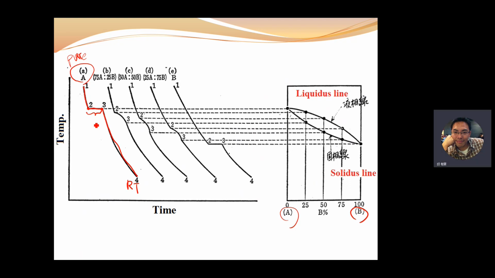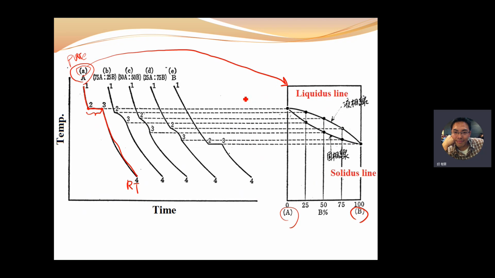That means this material, or the element A, has higher latent heat that can absorb higher heat, higher energy. Okay, so we can map the A curve to